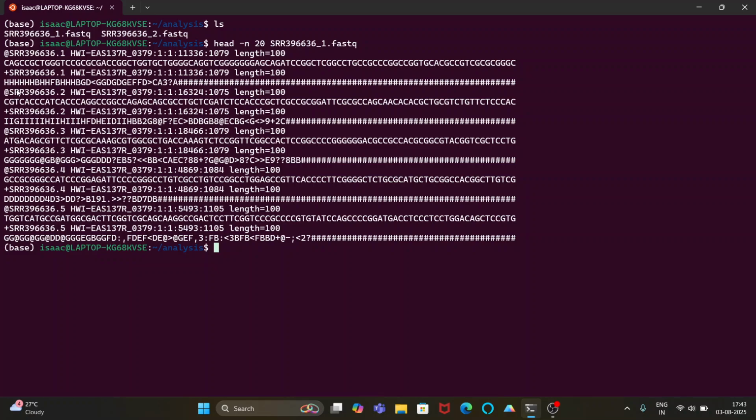So in case you are doing this for the sixth one, then it is compared with the eighth one in the same line space and everything. And each alphabet or character actually denotes the quality of the base here. You can see that some are denoted by H, B, F, and F. You can look into Google search, it actually denotes the quality score based on